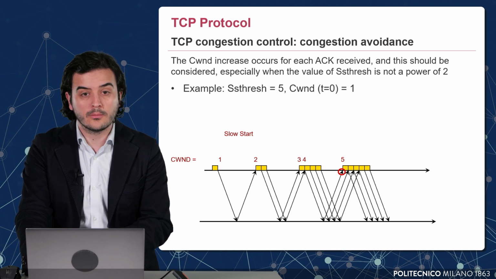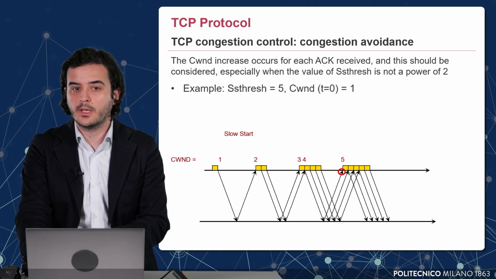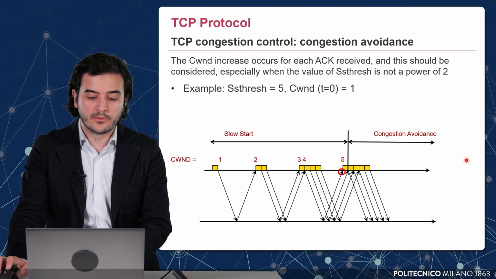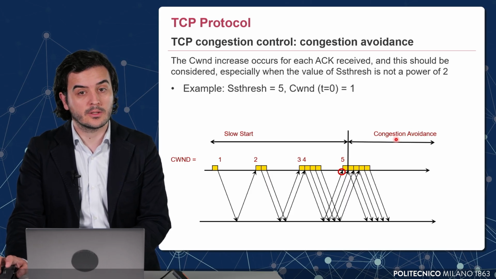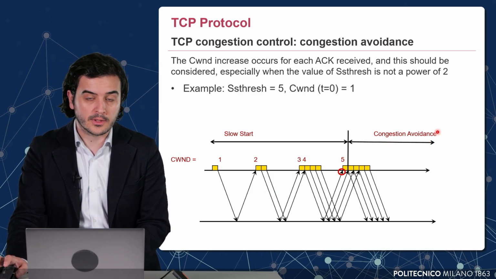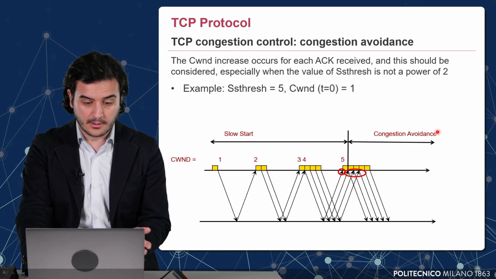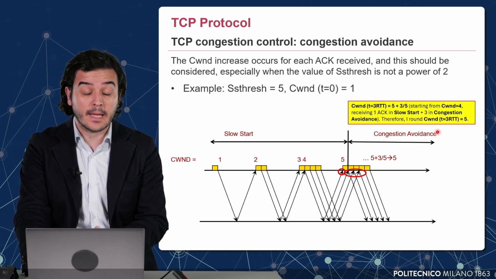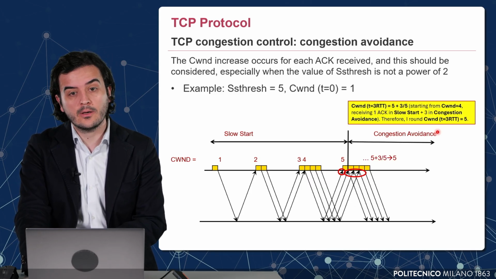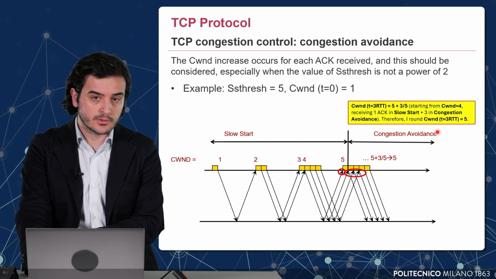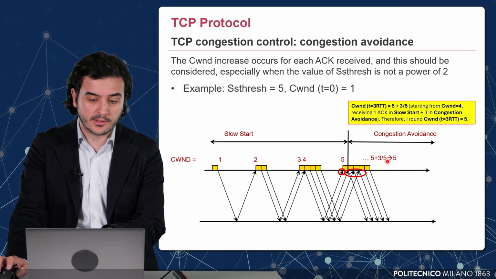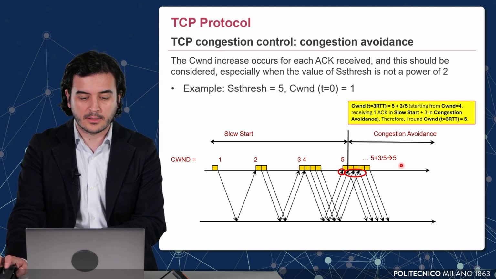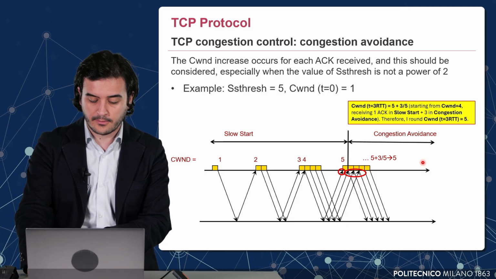However, at a certain moment in time, when the congestion window is equal to 5, since this value is equal to the SS threshold, we say that the TCP transmitter has entered the congestion avoidance state. The fact that acknowledgement messages are still being received is taken into account. However, we always take the lower bound integer value. So in this case, we have 5 plus 3 times over 5, but this is rounded to the lower integer value, which in this case amounts to 5.